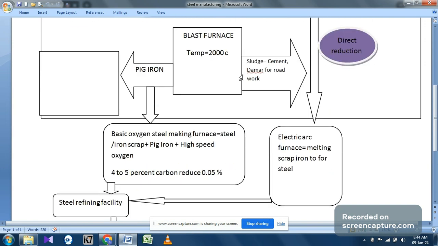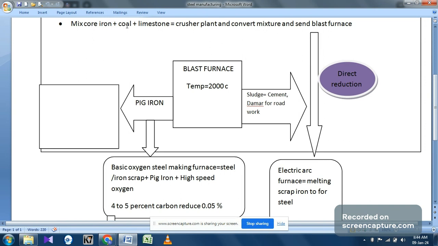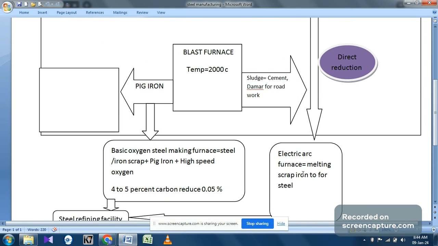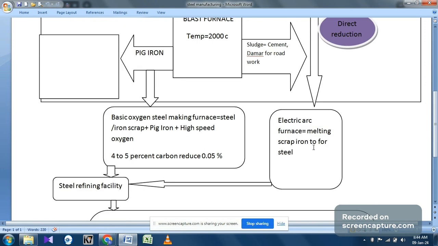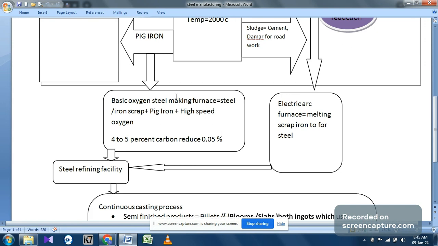Second is iron, coal, and limestone sent to direct reduction to the electric arc furnace, where scrap iron is melted to form steel. And in the basic oxygen steel making furnace, steel scrap and pig iron are given oxygen at a high speed. It reduces 4 to 5% carbon to 0.5%, and after that the entire output is sent to